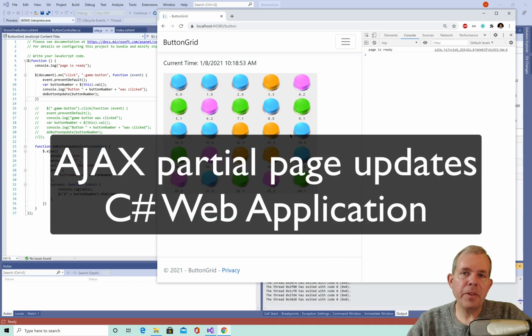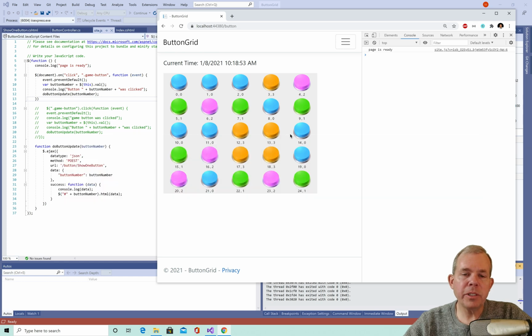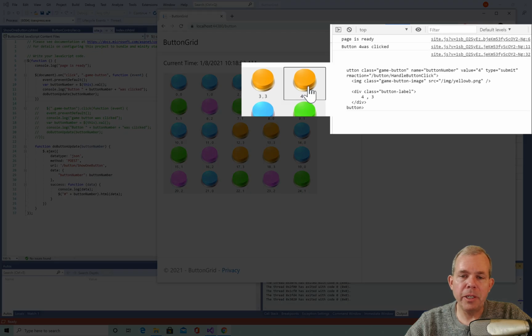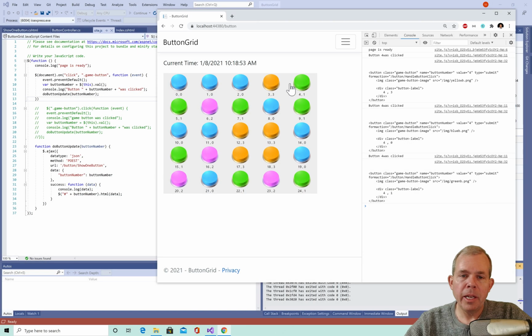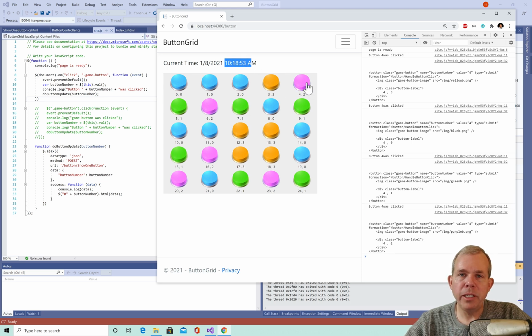Hi, in this video we're going to go through a tutorial to create a button grid with single updated buttons using Ajax and JavaScript. So you can see here on the screen the application that we're going to make. If I click on a button such as this one here, you can see it changes color, but the timestamp on the screen indicates that the page is not refreshing,